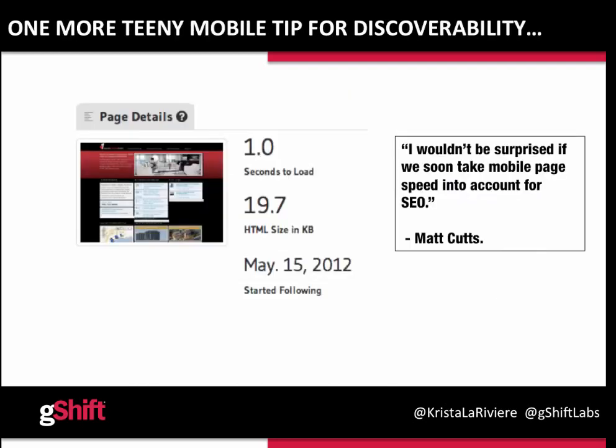Deeply powerful stuff. The other important thing to factor in with content is mobile. Mobile page speed is a major factor within mobile, and Google's taking that into effect for ranking. It was said by Matt Cutts last year, you wouldn't be surprised if we soon take mobile page speed into account for SEO. Well, they're already doing it. We already know page speed is a factor. So it's important to make sure your pages are loading fast, there's no unnecessary code in there, so make sure your code's cleaned up and loading at a good speed. 1 to 2 seconds is a good baseline to go after.